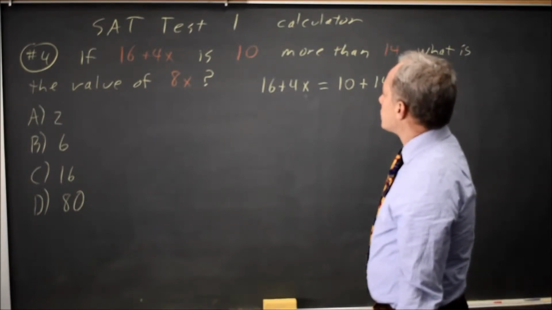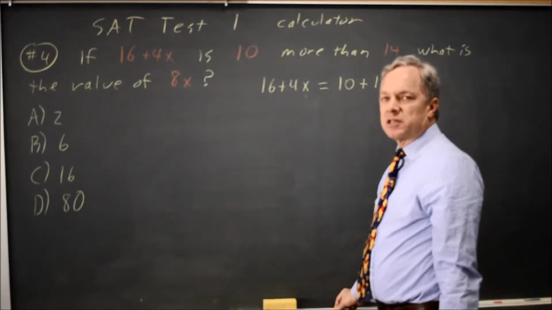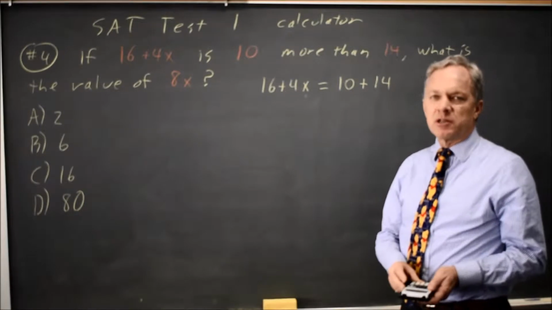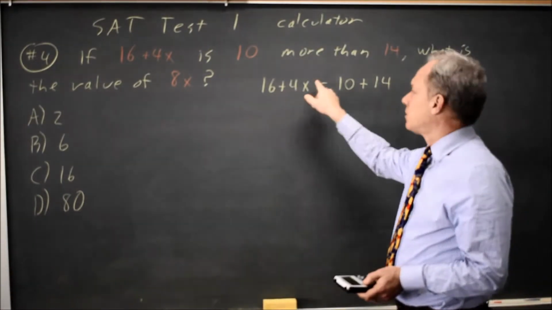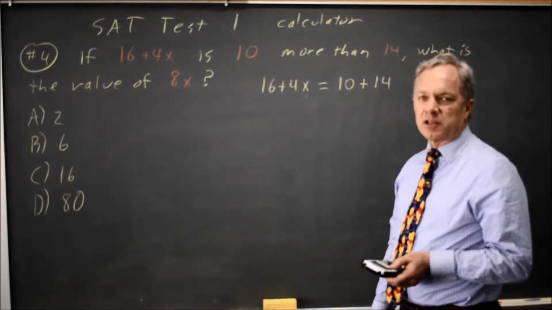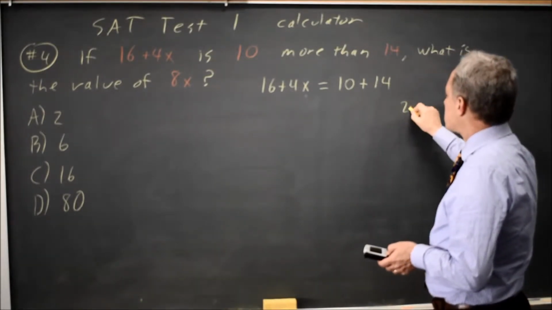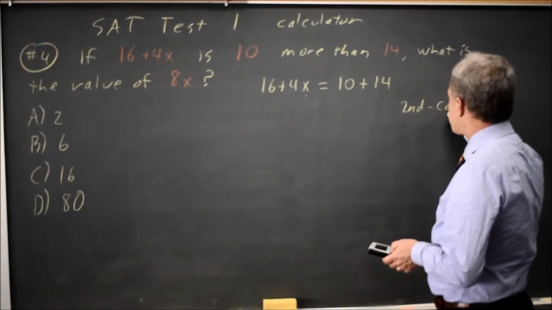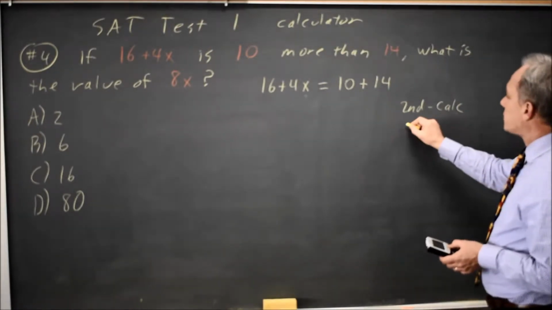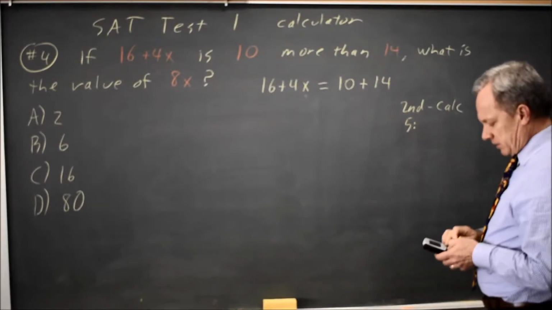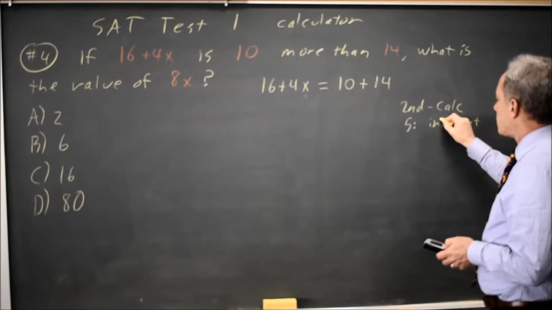Now I want to solve for x. I can do this algebraically, but first I want to describe how to do this on the calculator. Anytime you have an equation with only one variable, put the left side into y1 on your graphing calculator, the right side into y2, and find the intersection, which on my TI-83 or 84 is second calc, which is the trace button near the upper right, and then choice 5 is intersect, and then you hit enter